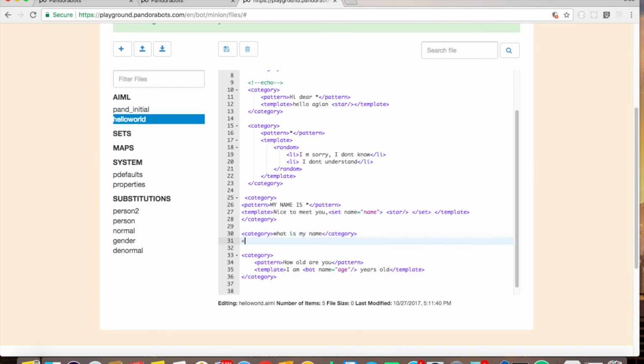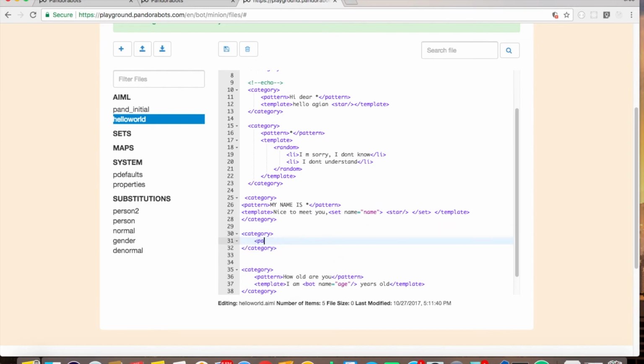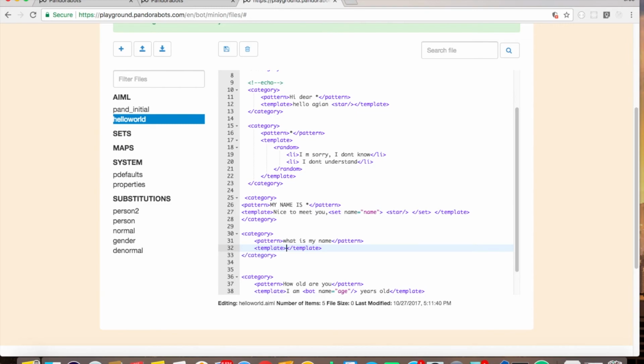And let's write pattern. Oh, I'm sorry, that should come inside the pattern. Let's go inside pattern and ask what is my name. That's nice. And what should my bot respond? My bot should respond my name.